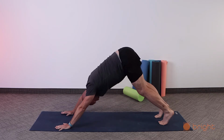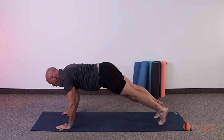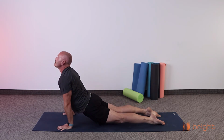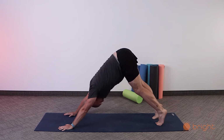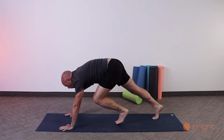One more time. Inhale, ripple forward. Either through your knees or full push-up, lower down. Chaturanga, low push-up. Baby cobra or upward facing dog, it's up to you. Exhale, downward facing dog. Inhale, lift your heels. Bend your knees, look to where you're going,